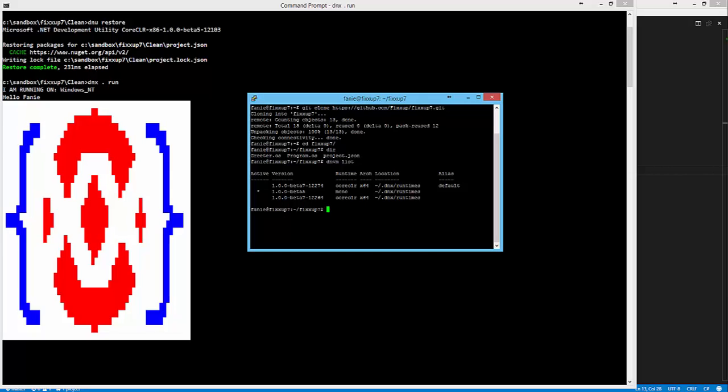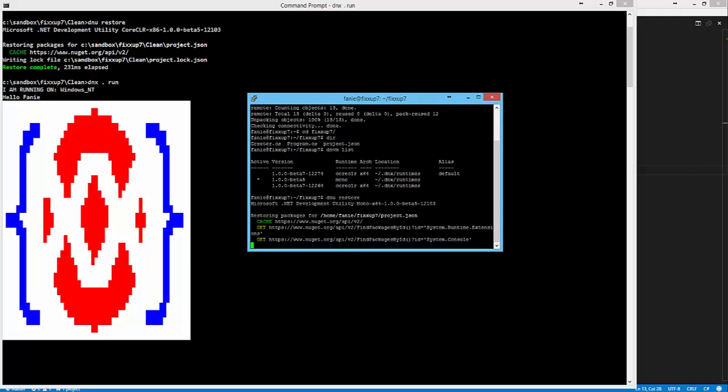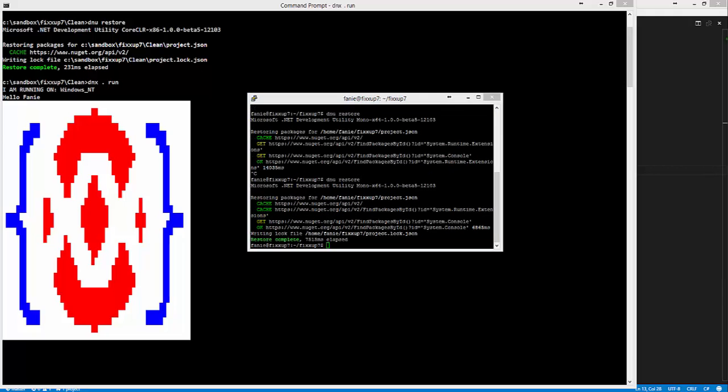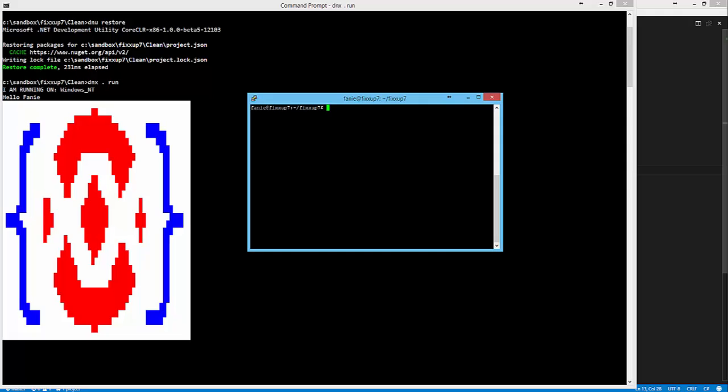So the same thing, we just go dnu restore. It will go ahead and fetch all the packages it needs to run this application. And when it's done, let me just clear the screen a bit, then I can physically execute it. So I say dnx, the current directory, and type in run.